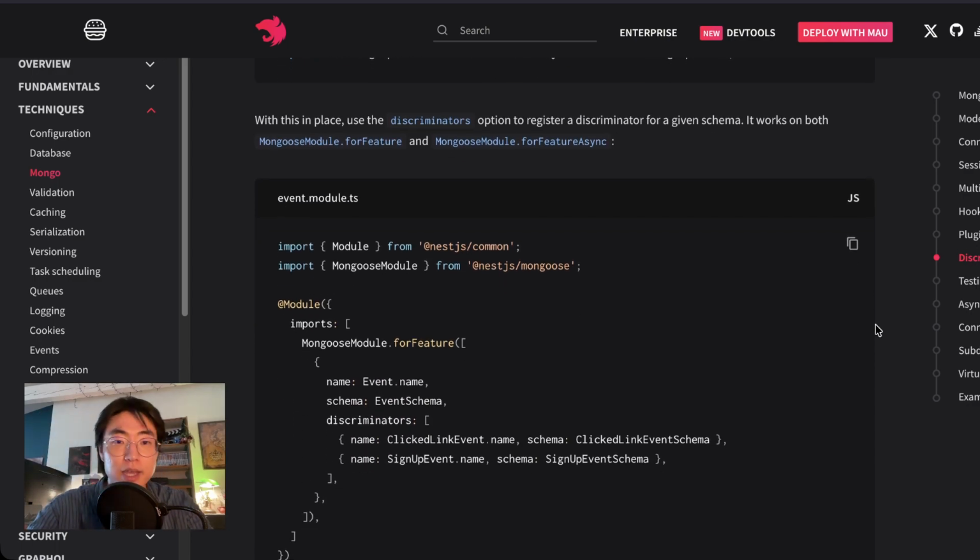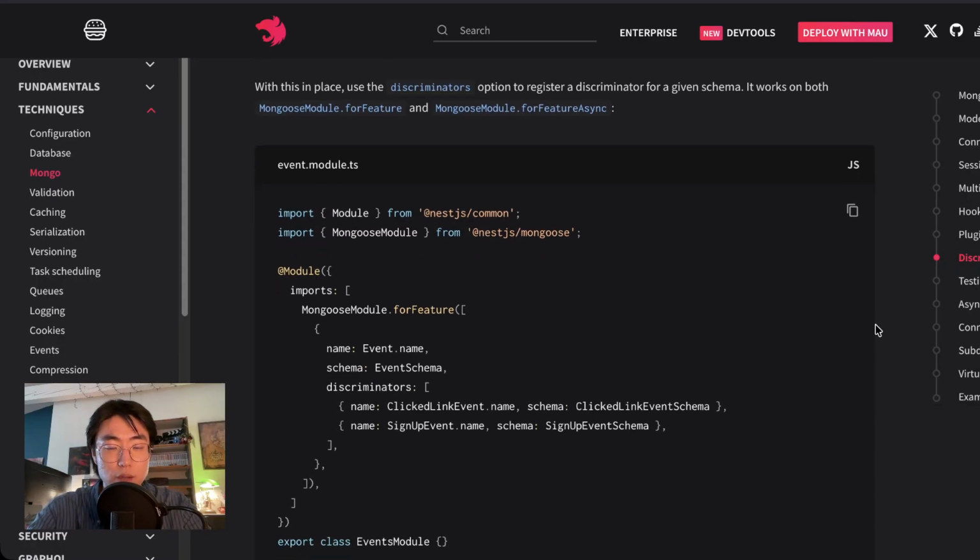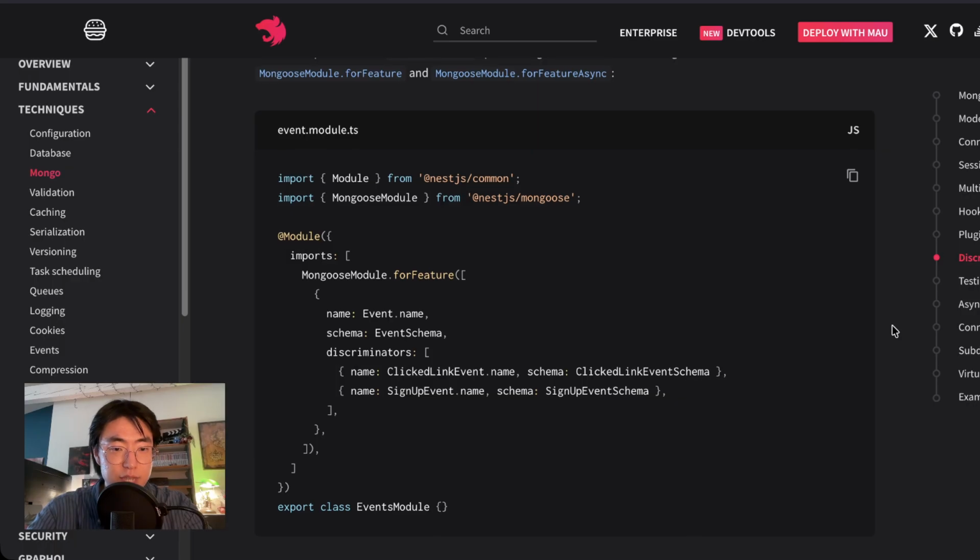With this in place, use the discriminators option to register a discriminator for a given schema. It works on both MongooseModule.forFeature and MongooseModule.forFeatureAsync. So we have imports: MongooseModule.forFeature, name, schema: EventSchema, discriminators, and this is an array of objects. We have an object with name: ClickedLinkEvent.name, schema: ClickedLinkEventSchema, and we have the same equivalent object for